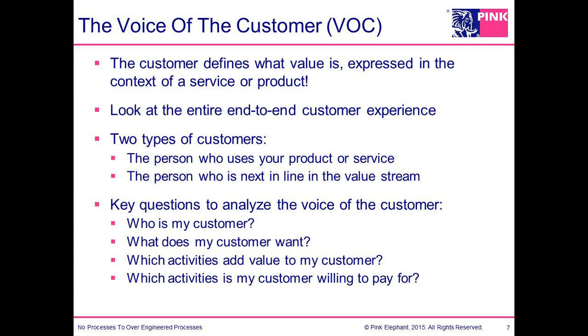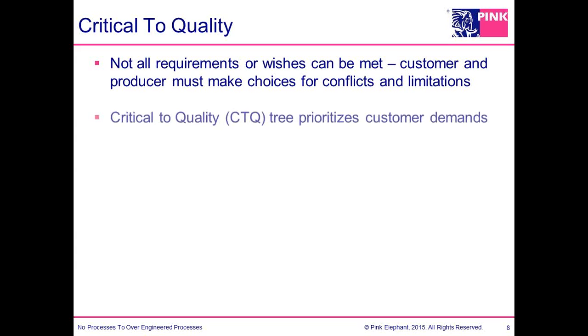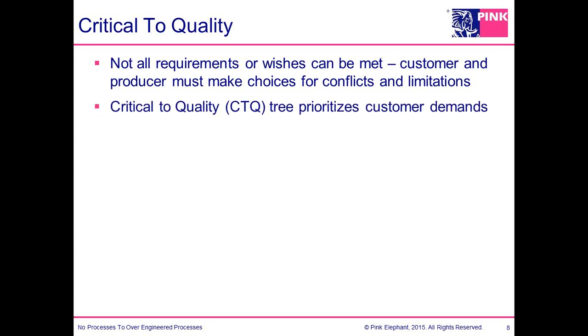And so that's why I like to go ahead and move to the next area and talk about critical to quality. From a critical to quality perspective, it's working and talking with the customers out there, understanding their real requirements, and allowing them to identify their issues. Then we go through a mechanism where we start prioritizing what is most important to them, because we can't meet all of their business requirements or even their wishes.